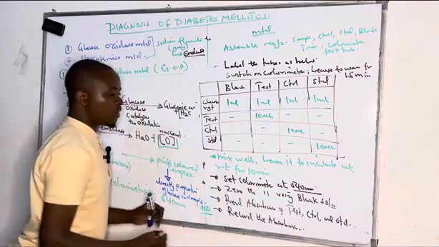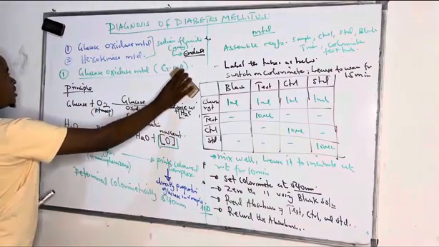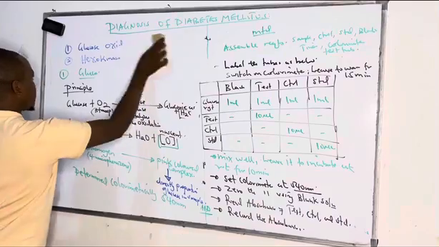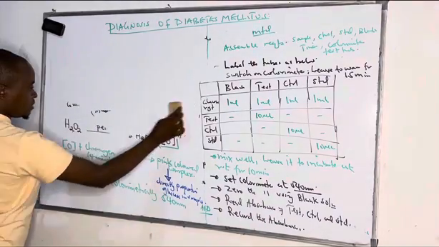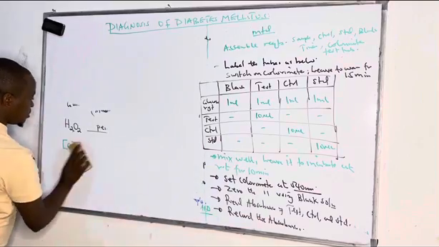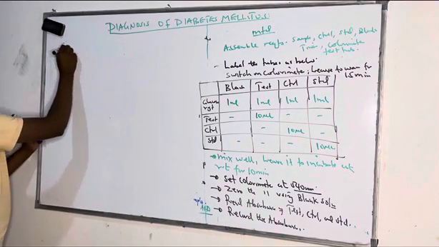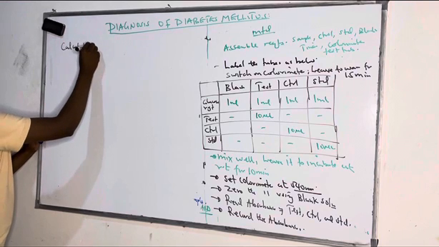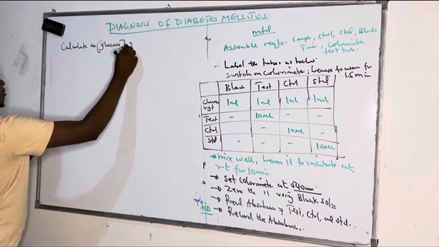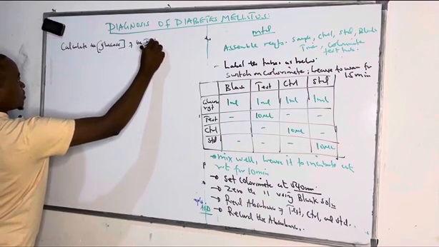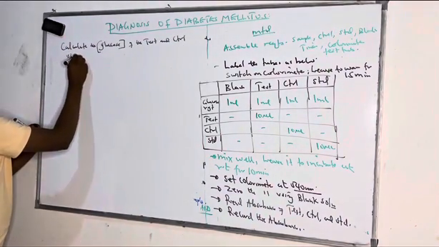After recording them, we are going to apply Beer-Lambert's law, whereby we are going to use Beer-Lambert's equation to calculate the concentration. So we calculate the glucose concentration of the test and control using